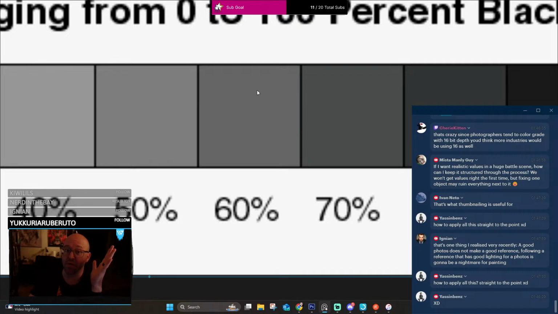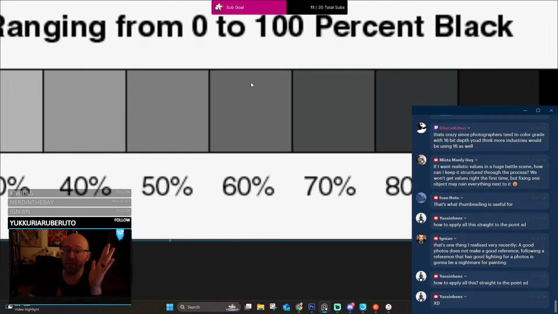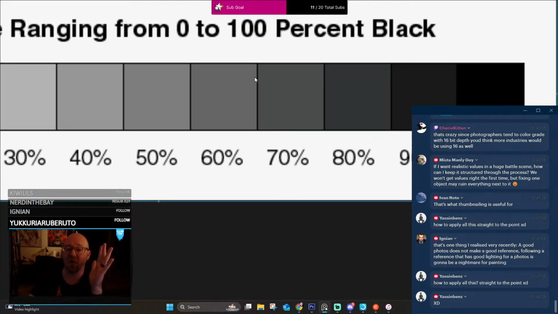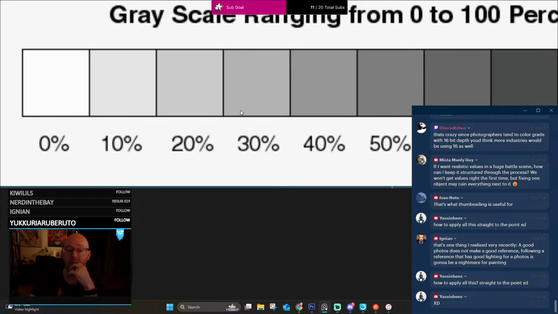It's trickier. You gotta really be careful. And they don't even have to be next to each other. You can do a 70%, a 40%, and a 10%. And that's it. Once again, go back to 3 or go back to 5. You're simplifying by giving yourself the highest highlight.